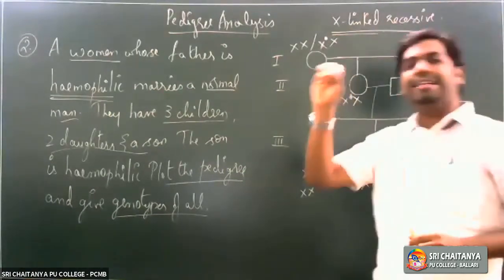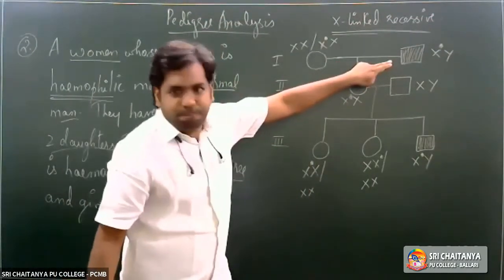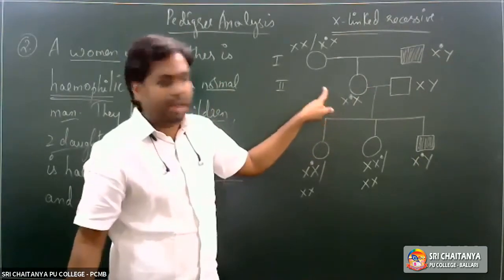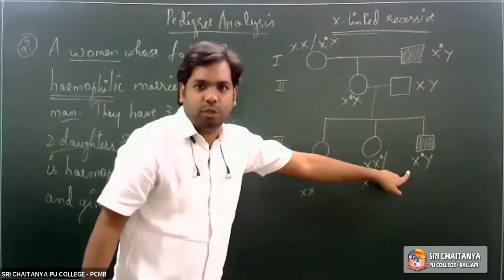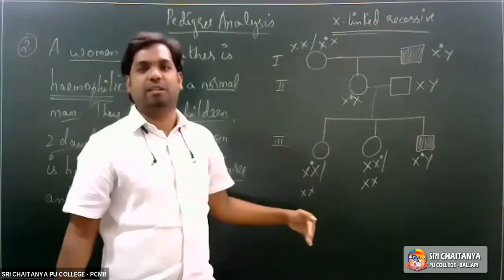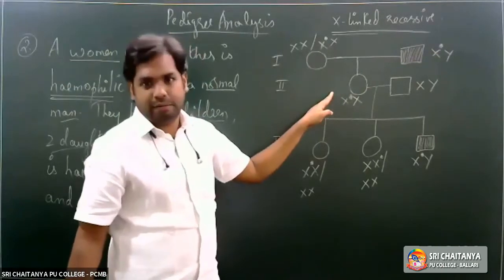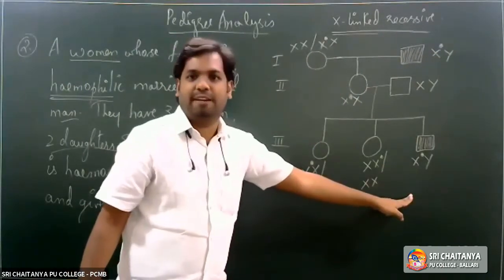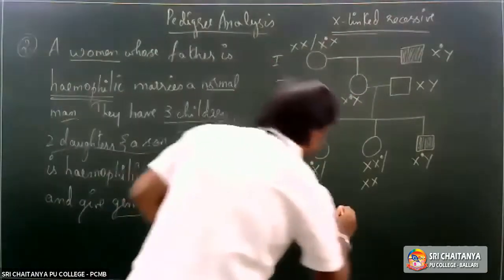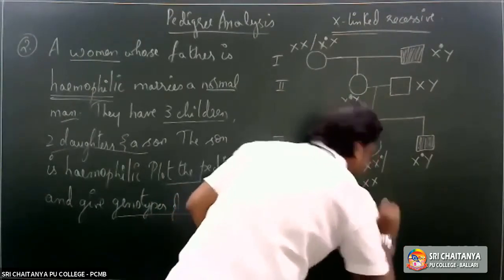One more way to identify an X-linked recessive disorder, let me make it very simple here: the father is affected, whereas the daughter is not affected but is a carrier. And again, the grandson is affected. So you can just see how exactly this particular disease is being transmitted from one generation to the other. In the first generation, the father is affected. In the second generation, the mother is a carrier. In the third generation, the child is affected. This type of inheritance, we call the crisscross inheritance pattern.